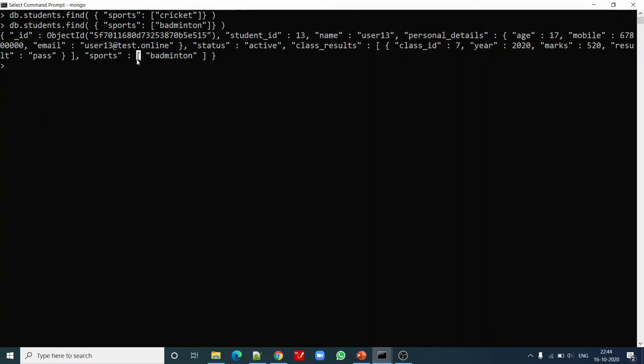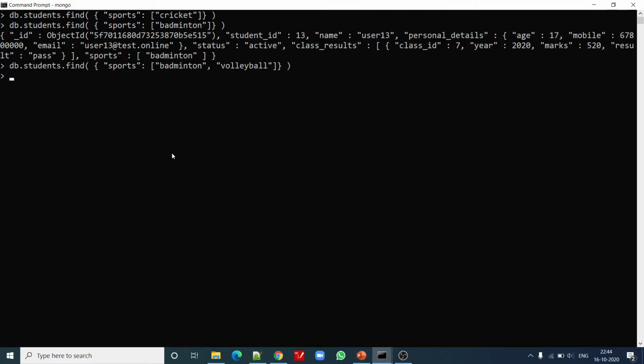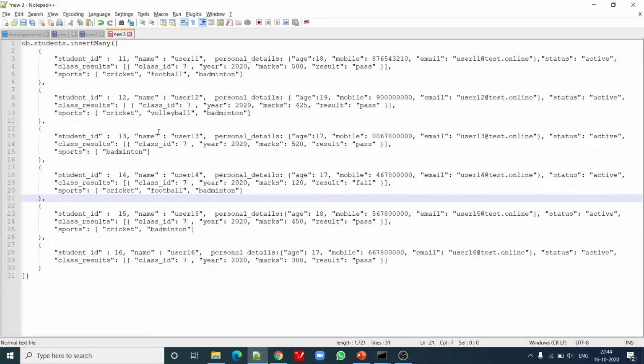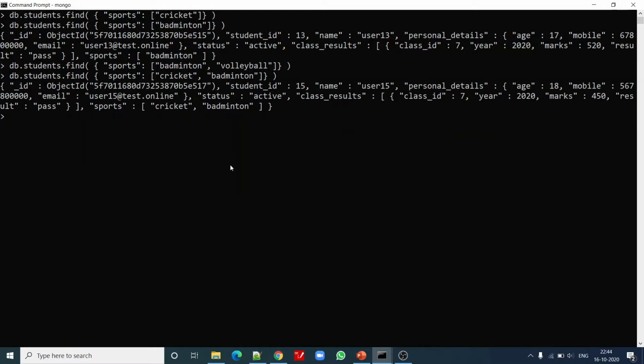Please note that it has returned the exact match of an array, right? So let us try a couple more queries from this. Badminton and volleyball. If we look at our sample data, we do not have any such combination, right? So let me run cricket and badminton. Yeah, we have one student who has opted for both of these, right?